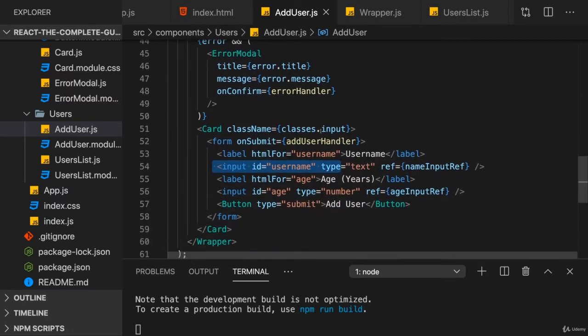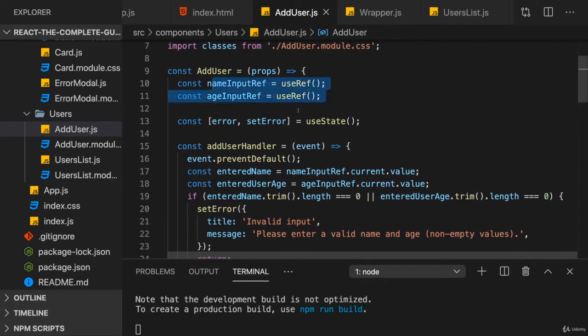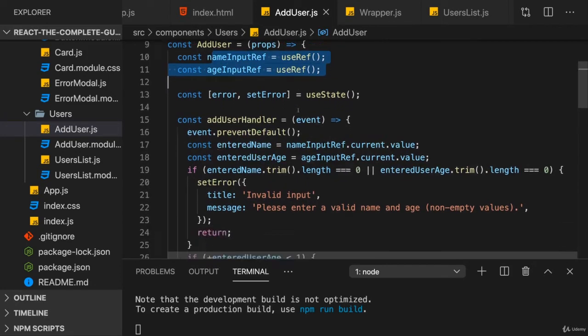We're talking about uncontrolled components if we access values with a ref. So these input components here would now be uncontrolled components. Why uncontrolled? Because their internal state, so the value which is reflected in them, is not controlled by React. We rely on the default behavior of the input, where a user, of course, is able to enter something and that entered value is reflected. And we then just fetch it, yes, with a React feature, but we don't feed data back into the input.